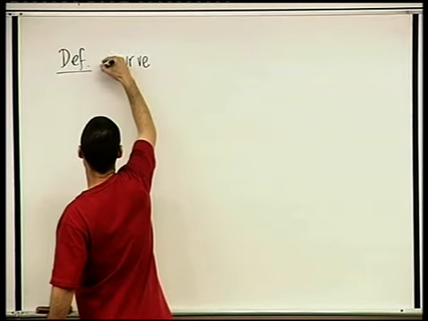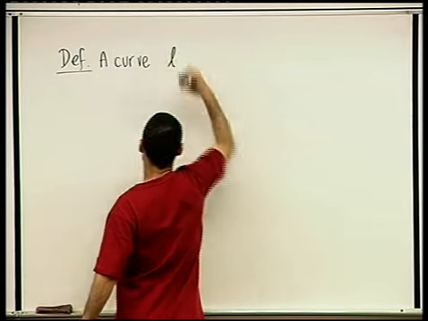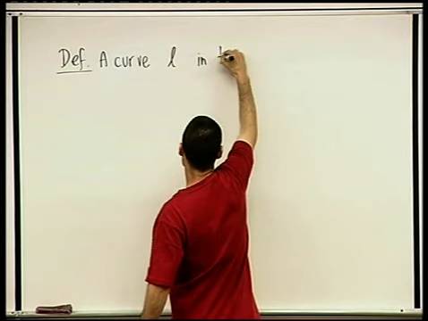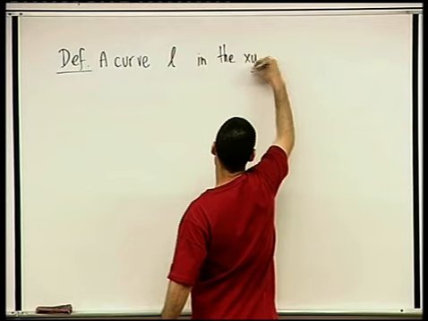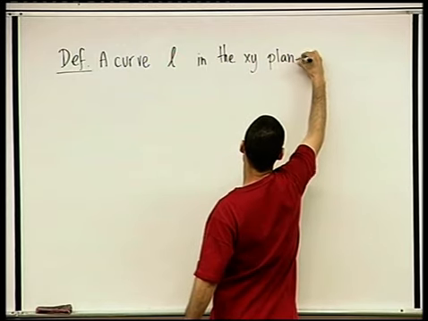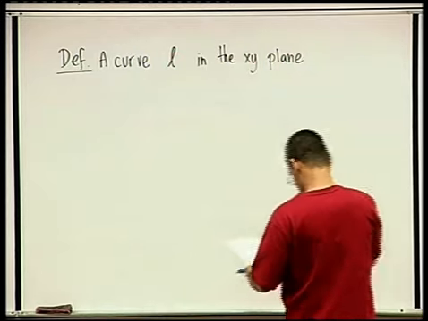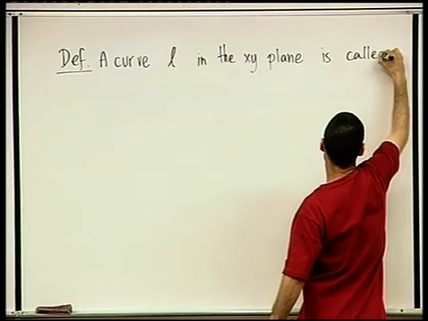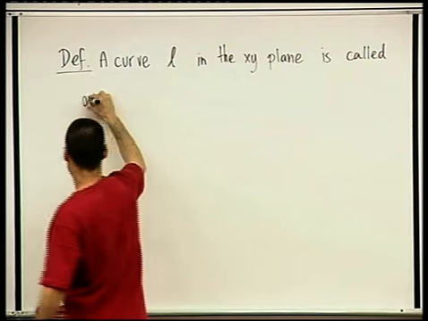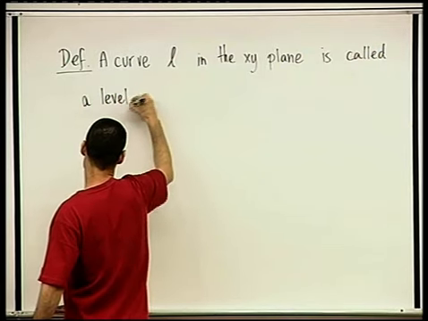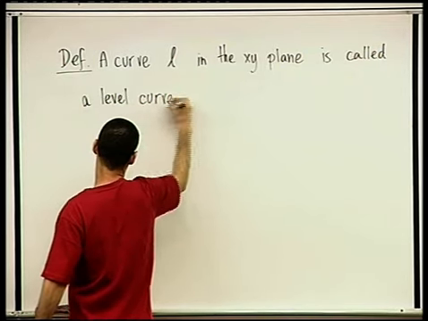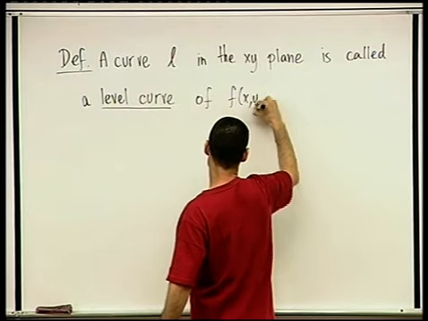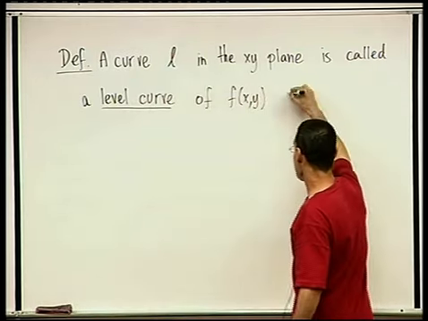So a curve, and we're going to call it L, a curve L in the xy plane, which is the domain of our function, is called a level curve of f(x,y) if